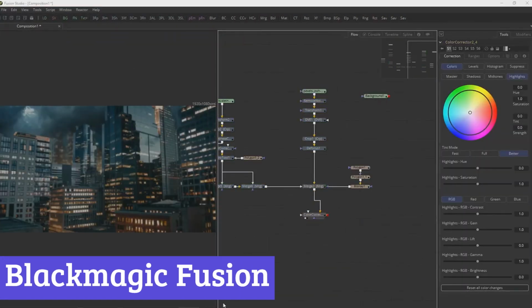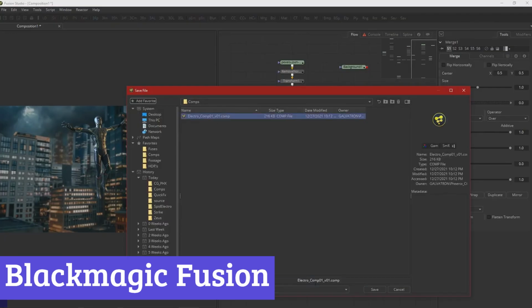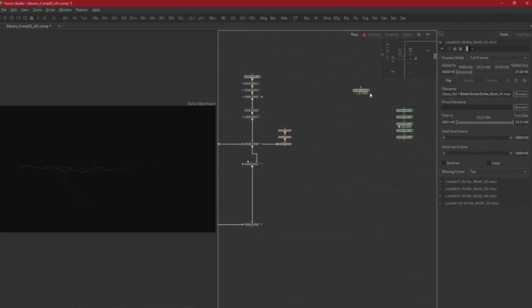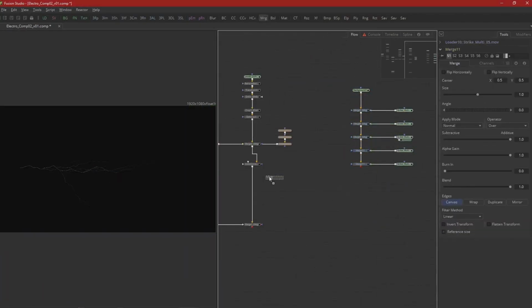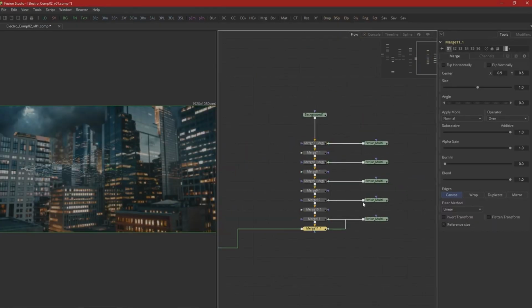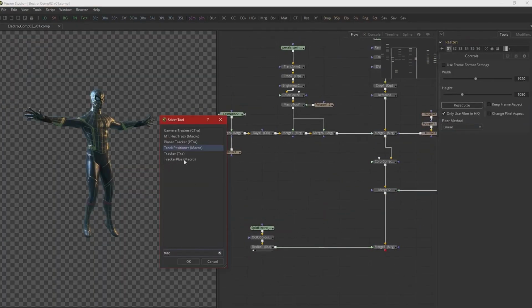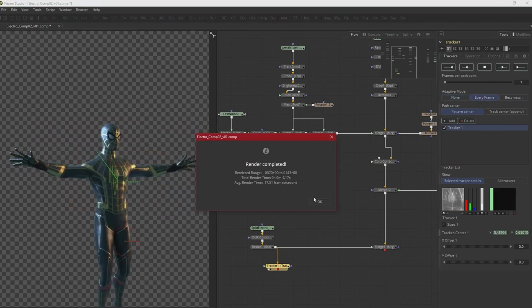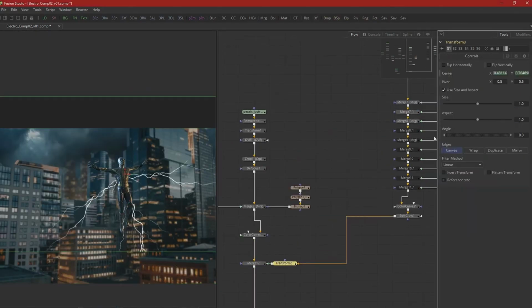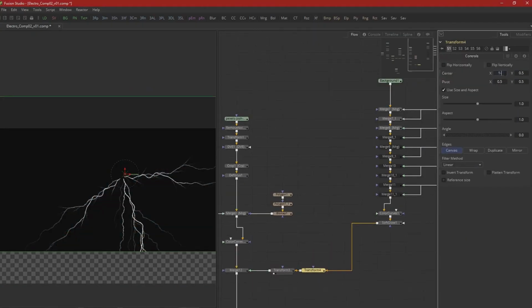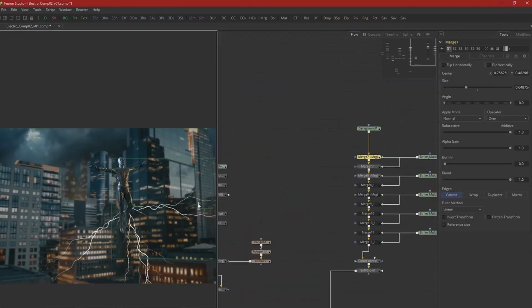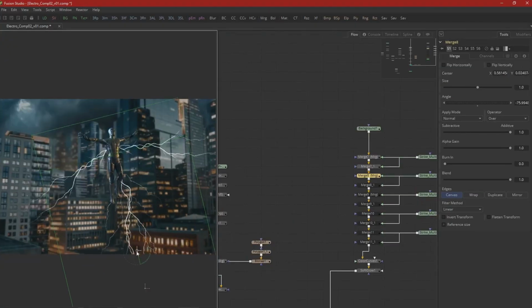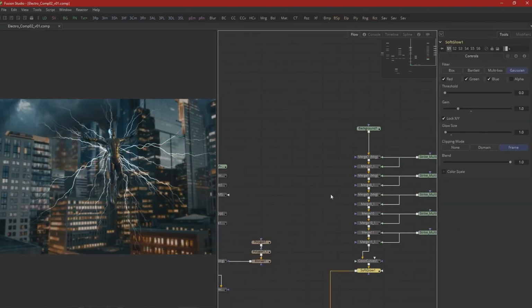Number 6. Blackmagic Fusion. Blackmagic Fusion is like that quiet genius in class, less flashy than the popular kids, but can solve equations that make your head spin. And best of all, it's free. Developed by the same folks behind DaVinci Resolve, Fusion is a standalone beast when it comes to motion graphics and compositing. It uses a node-based system, which sounds scary until you realize it gives you complete control over every element,